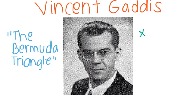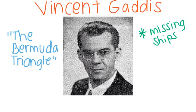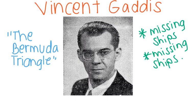In this article, he claimed that there were missing ships, and he also claimed that there were missing planes without any explanation. This led people to believe that there were strange activities going around in that area. The Bermuda Triangle was not particularly discovered, but Vincent Gaddis was the first one who put this area under